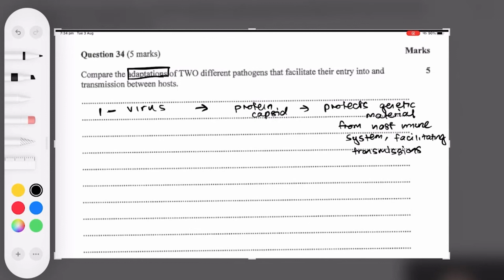This one here is just saying it's got this capsid which enables it to transmit. But what we're saying specifically here, it's still about the capsid, but we're mentioning specific diseases too. So Hep A, for example, is a non-enveloped virus. So this is the same, I'm just improving this one here, right? It's a non-enveloped virus, which enables it